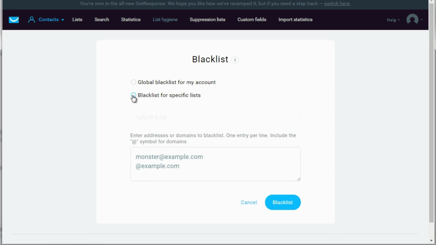And of course, blacklist for specific lists, which allows you to blacklist people for specific lists. But at the end of the day, we recommend doing the global blacklist compared to the specific lists. Now, another way of doing list hygiene and finding people that are maybe not active is by going to click